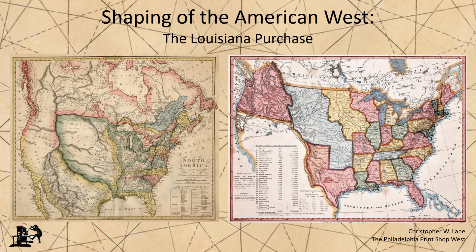This is because map publishers did not want their maps to be out of date. So if they thought a new political border was going to be drawn, they would add it to their map, and sometimes those borders were never officially created. These talks are our look at the changes of the American West from 1800 to the early 20th century.